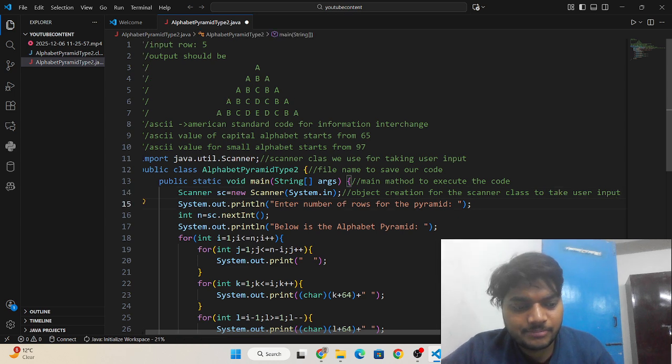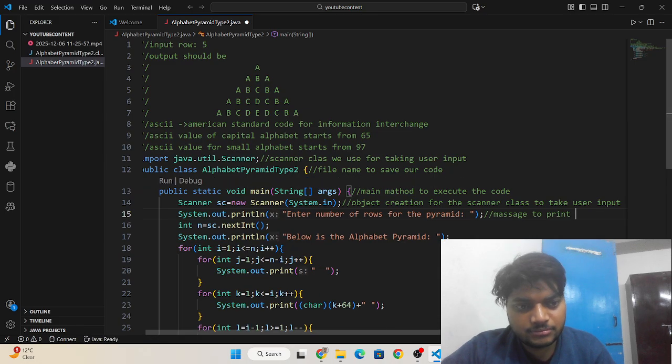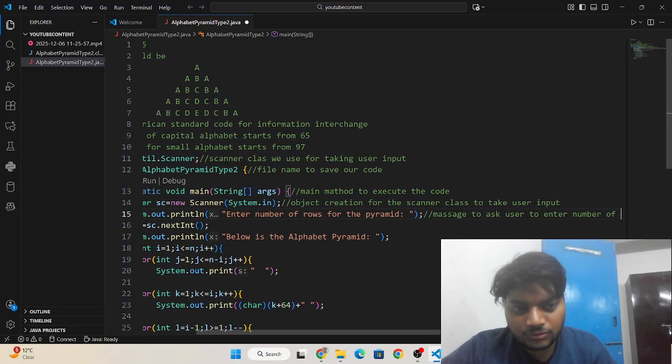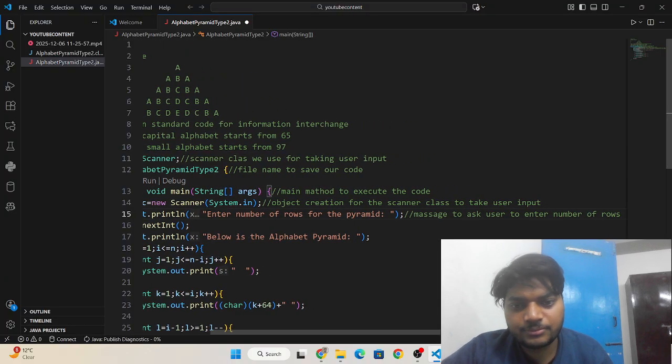This is a message to ask the user to enter the number of rows.